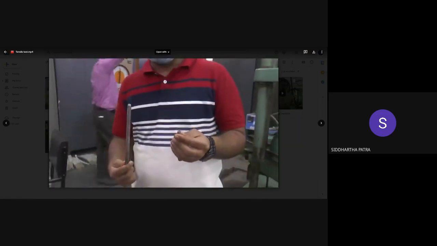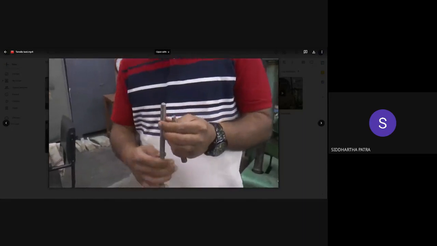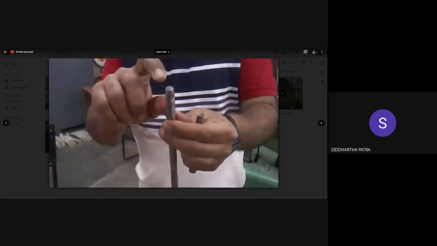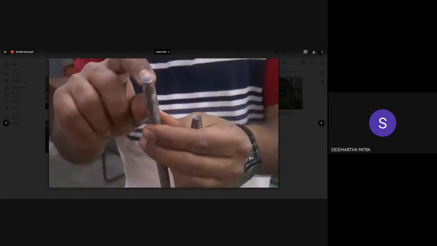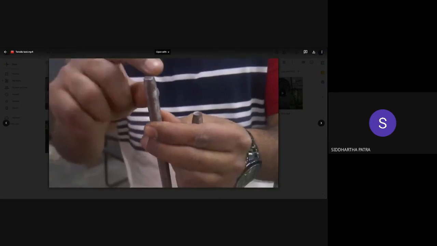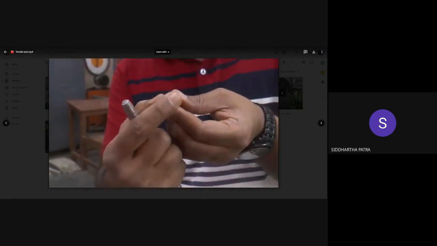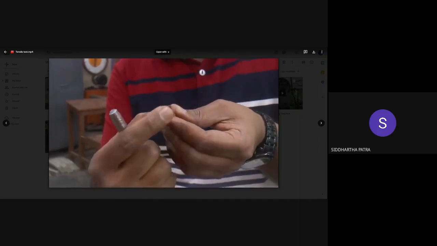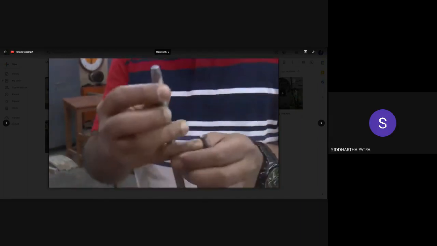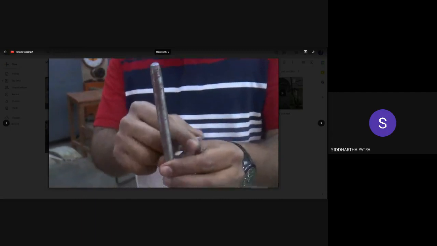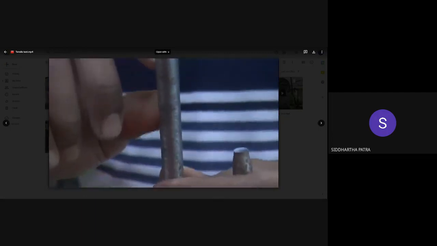This is the broken specimen. Okay, and as you can see, it forms the famous cup and cone shape. This one is a cone, and there you can see this hollow cup forming inside this rod. Okay, ideally the necking should happen in the middle of the specimen.